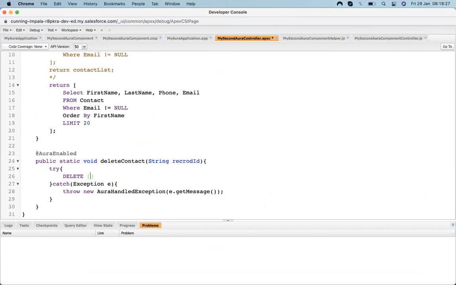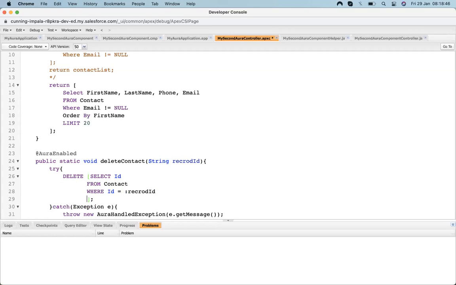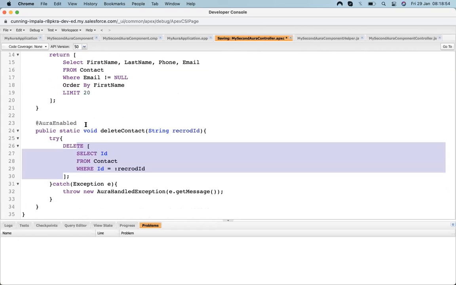To delete, let's select Id from where Id equals to. Because for deleting a record we just need an ID, I'm just using that.